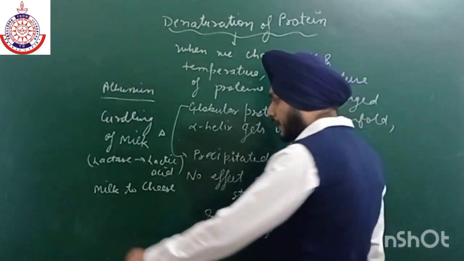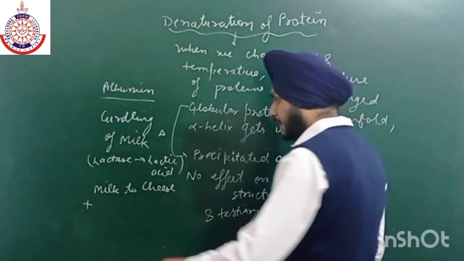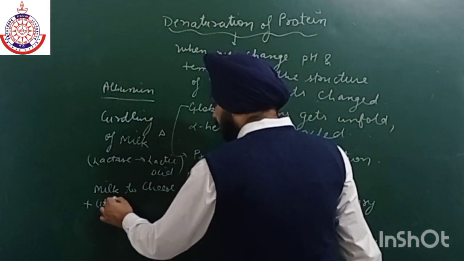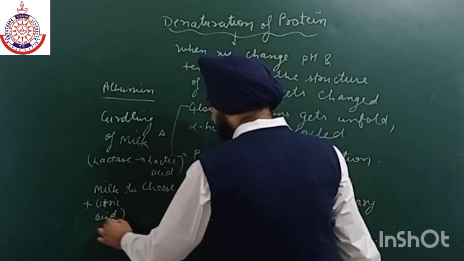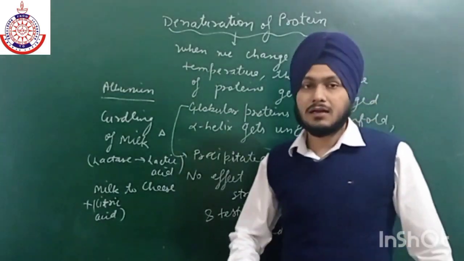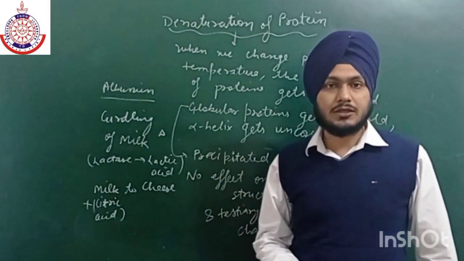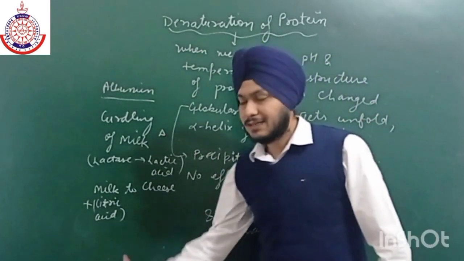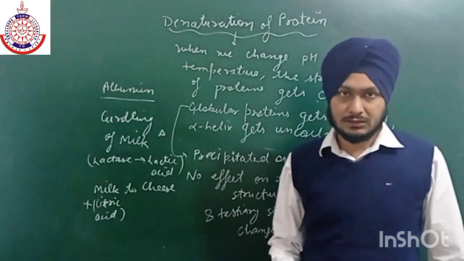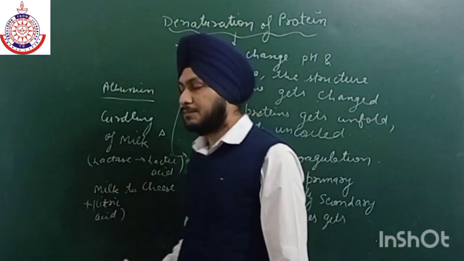Okay, as we all know, in lemon juice citric acid is present, so we are adding some acid. It means that the pH gets decreased. Okay, it means we are changing the pH of the milk. There are a large number of proteins present in milk, so these proteins get coagulated to cheese, because we are changing the pH value, and this is also irreversible in nature. So that is why these three are the best examples.